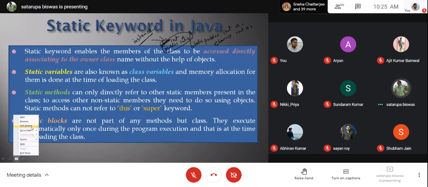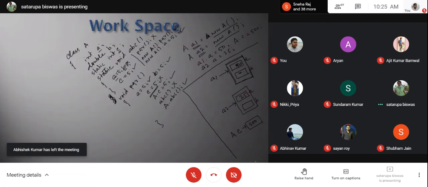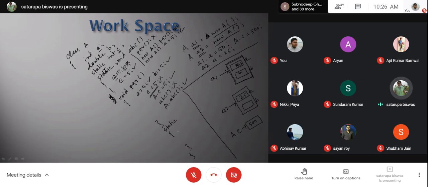So for example, if you write a static block here, it will be like this. It will start with the static keyword, followed by a block, where inside you can write anything, like if I write System.out.println("static"). It can directly refer to the static members. So say I write here C, and that is to be initialized with, say, 2.